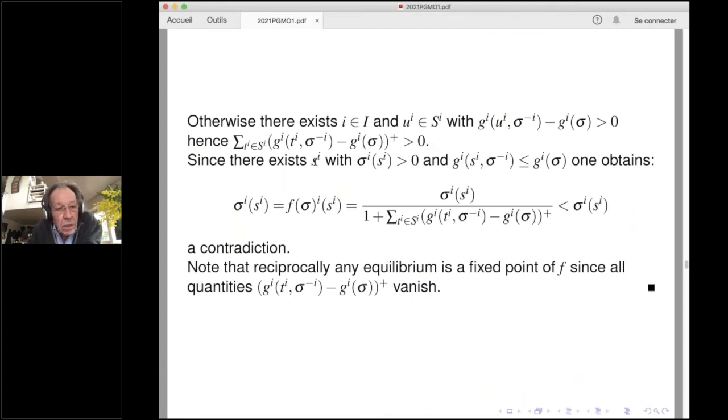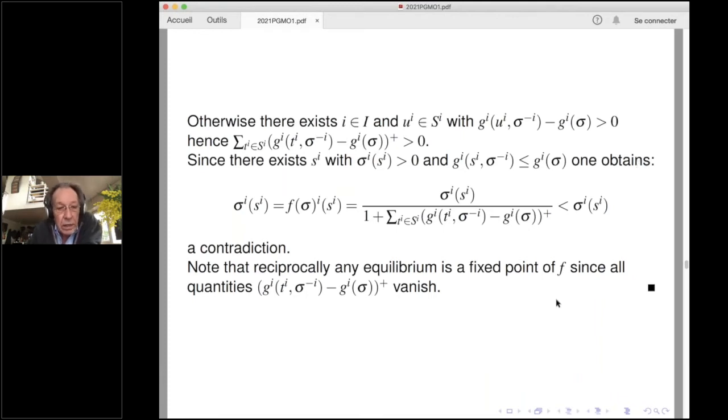Now, among the strategies that you use, there is one pure strategy that gives less than the average, because G of sigma is the barycenter on this support. Now, for this s_i, which gives less than the average, since you have a fixed point, sigma of s_i is this: sigma of s_i plus the difference between s_i and sigma_i, but the positive part is 0. And you divide by this, and here you have one term which is strictly positive. So this is strictly less than sigma_i of s_i, but we assumed that sigma_i of s_i is strictly positive, so here you have a contradiction. Okay,